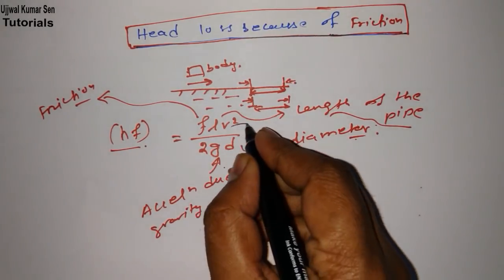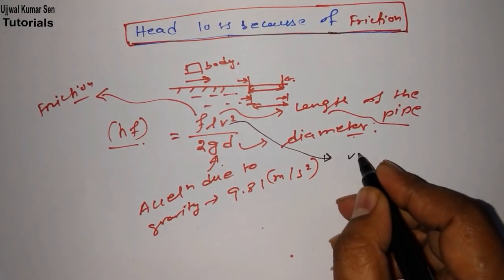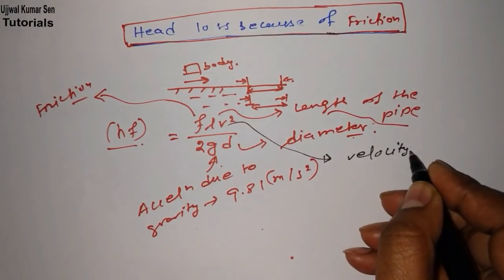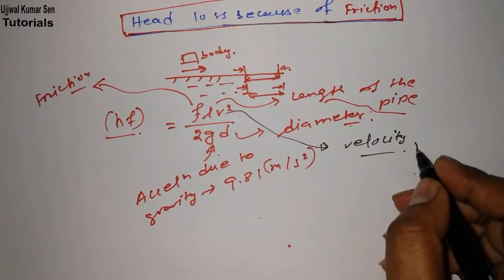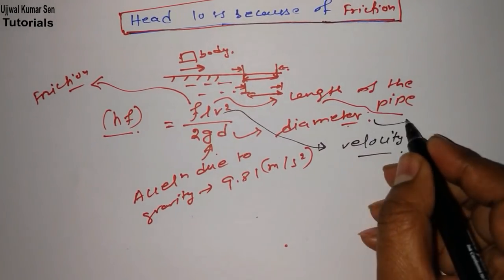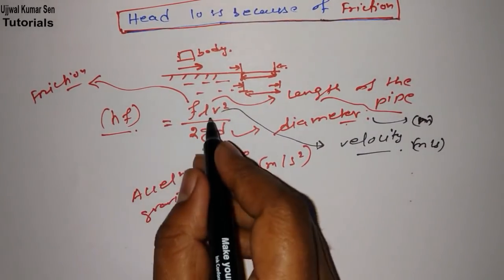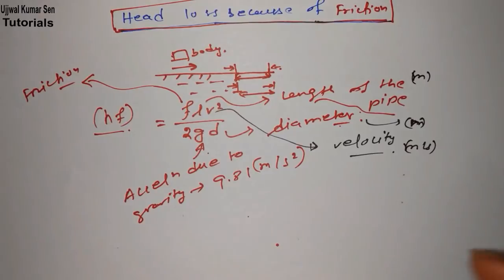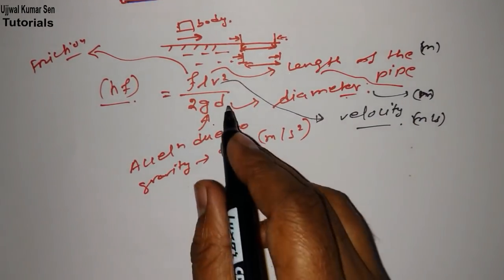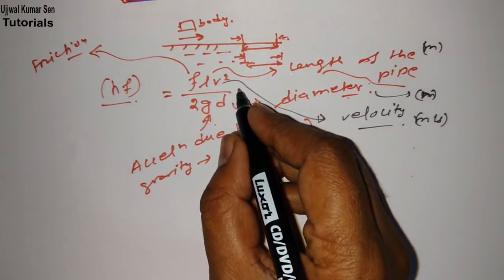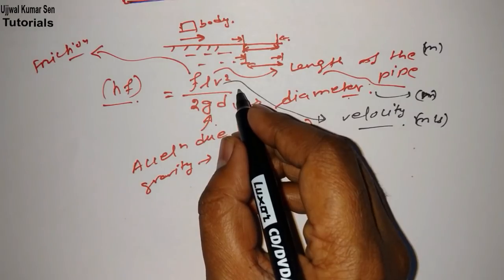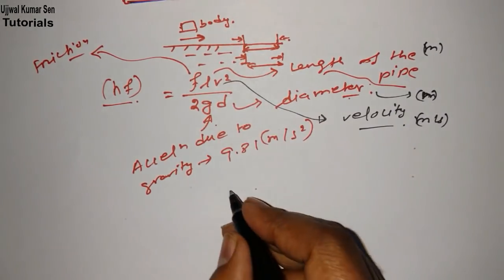Now, what is this V? V is velocity, right? Velocity is in meter per second, diameter definitely in meter. And this is unitless, length definitely in meter. Now velocity. You can get confused only in case of velocity, because most of the